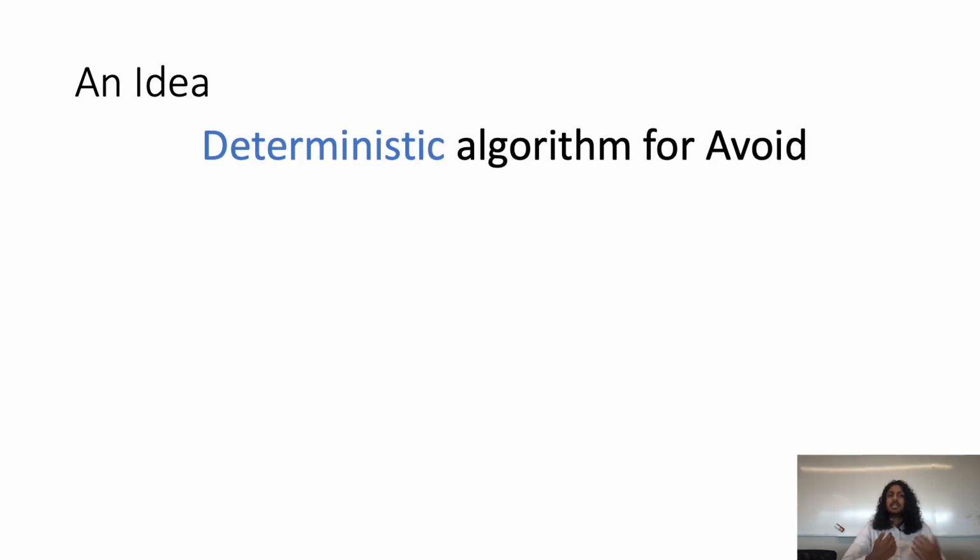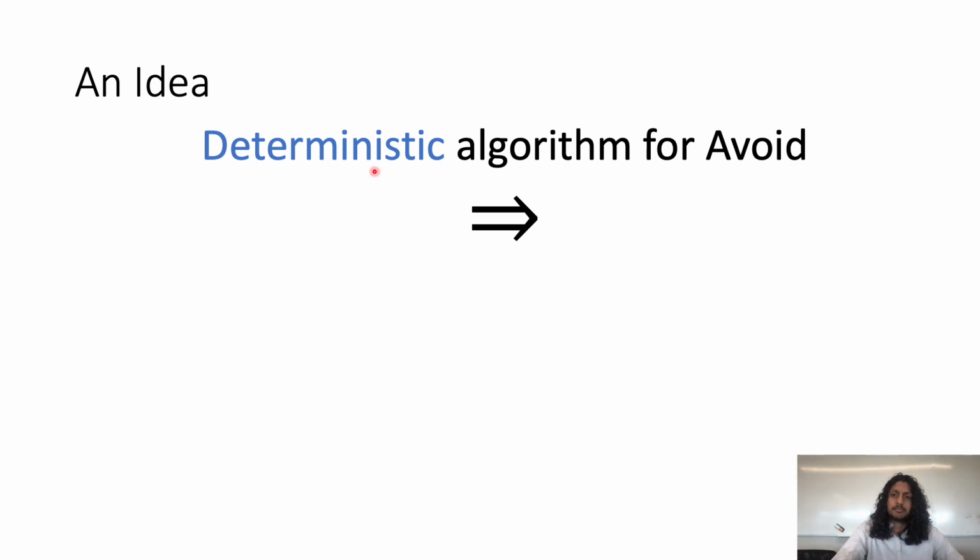Suppose you handed me a deterministic algorithm for Avoid. My goal is to get a contradiction. I want to get a proof by contradiction that this thing can't exist. So you hand me it, and I want to prove that something strange happens. So what might be the something strange that happens? And in particular, I want this something strange to happen for a deterministic algorithm, because we already know that a